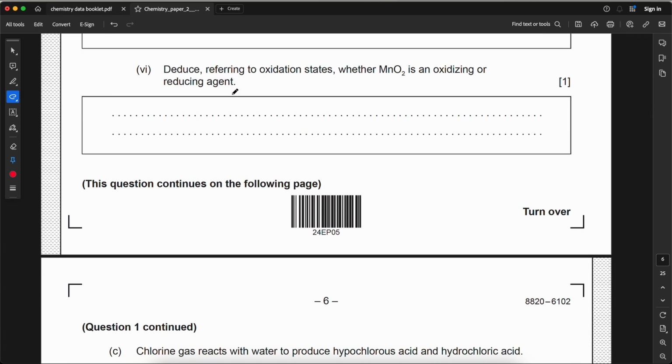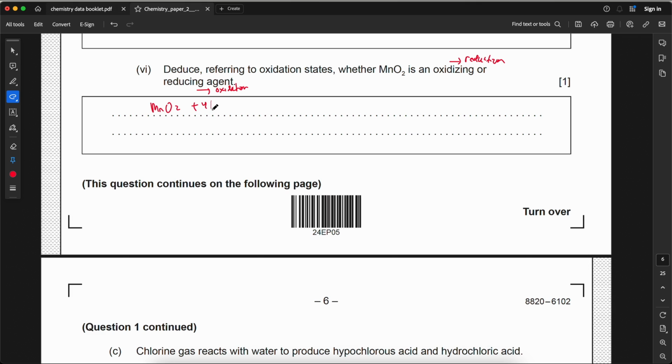Deduce referring to oxidation states whether MnO2 is an oxidizing or reducing agent. Okay, an oxidizing agent means it experiences reduction. A reducing agent means it experiences oxidation. So